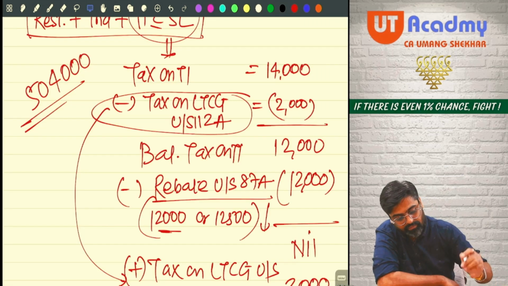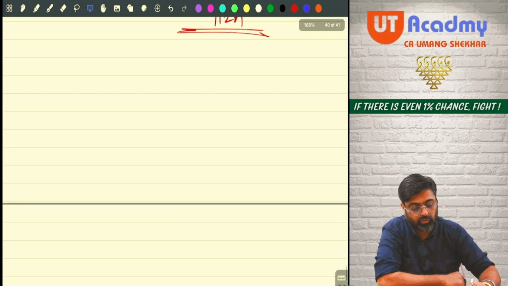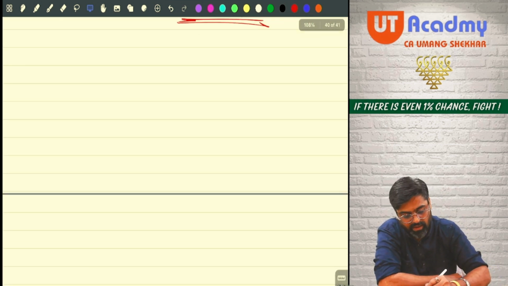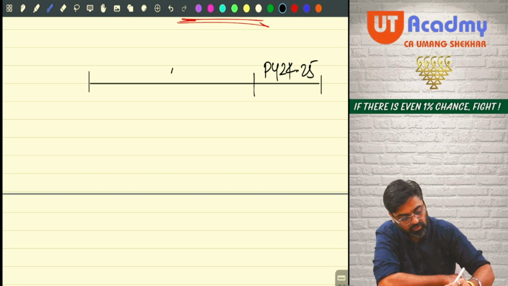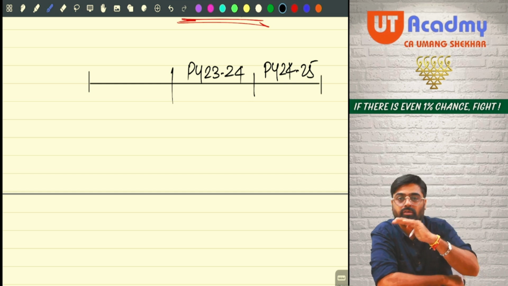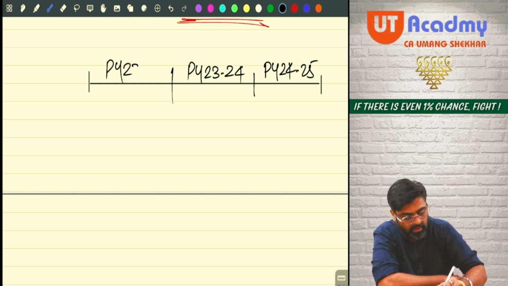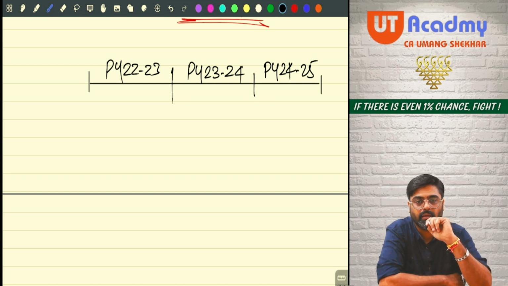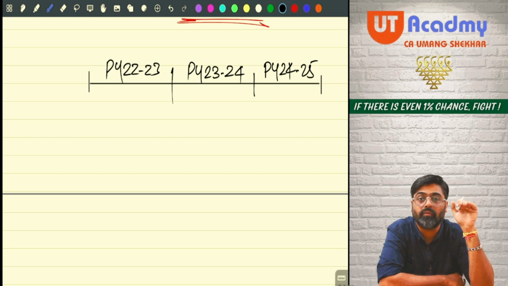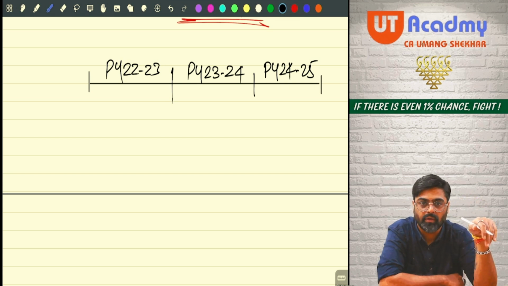Now pay attention. We'll have some discussion about this. Okay, pay attention. I'm making a small timeline for you. This is my previous year 24-25. What was the previous year prior to this? It was previous year 23-24. What was the previous year prior to this? Previous year 22-23. So if you are a domestic company, whatever total income you have earned in 24-25,